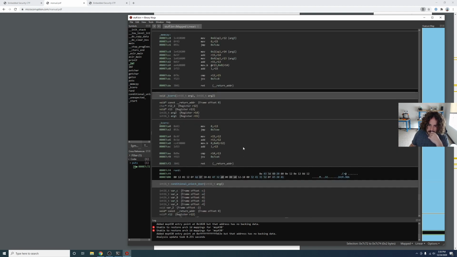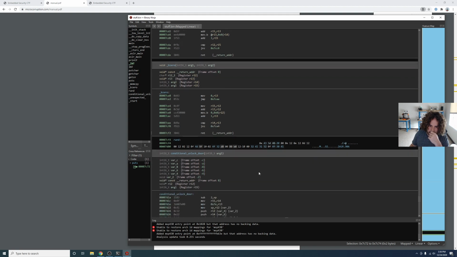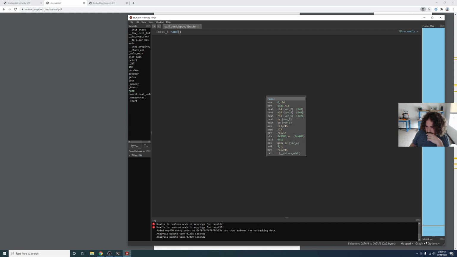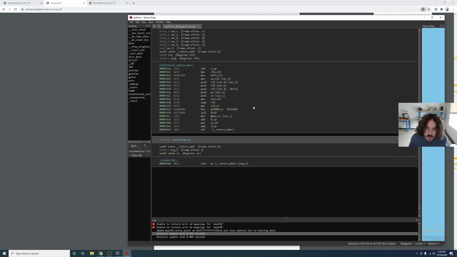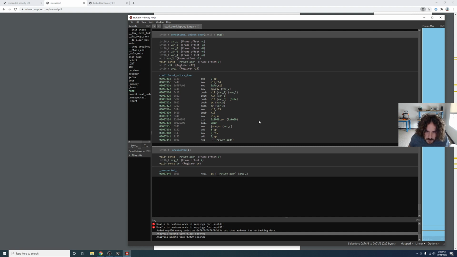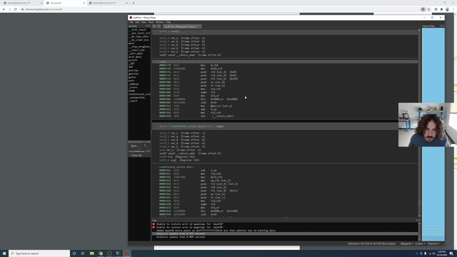Ideally, we're going to find something that allows us to put something into R2. Like, is there a pop R2? Because then we could put